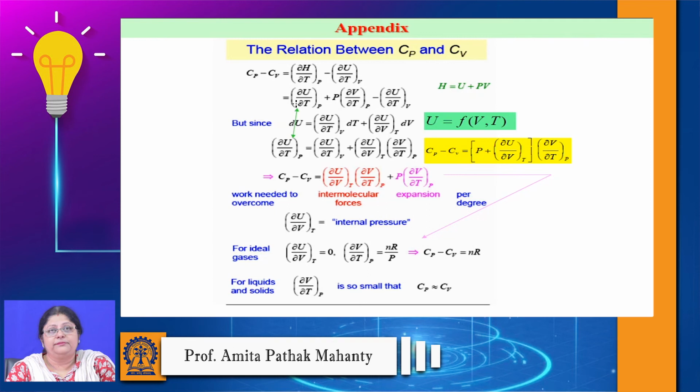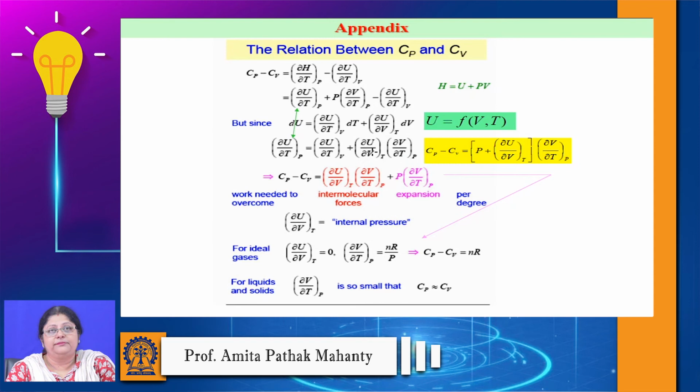But what is this? We have not evaluated how internal energy changes with temperature at constant pressure. We have taken it at constant volume, but what about constant pressure? We have not done that. So whatever we have for the total differential, we'll differentiate that with respect to temperature at constant pressure. This will remain intact, and differentiating with respect to temperature, this will be 1. Then this is going to be intact, and then V with respect to temperature